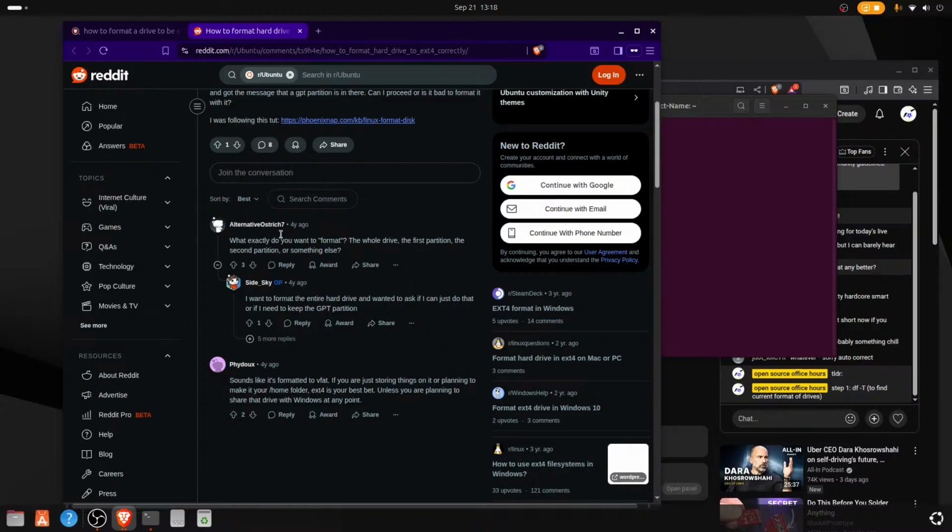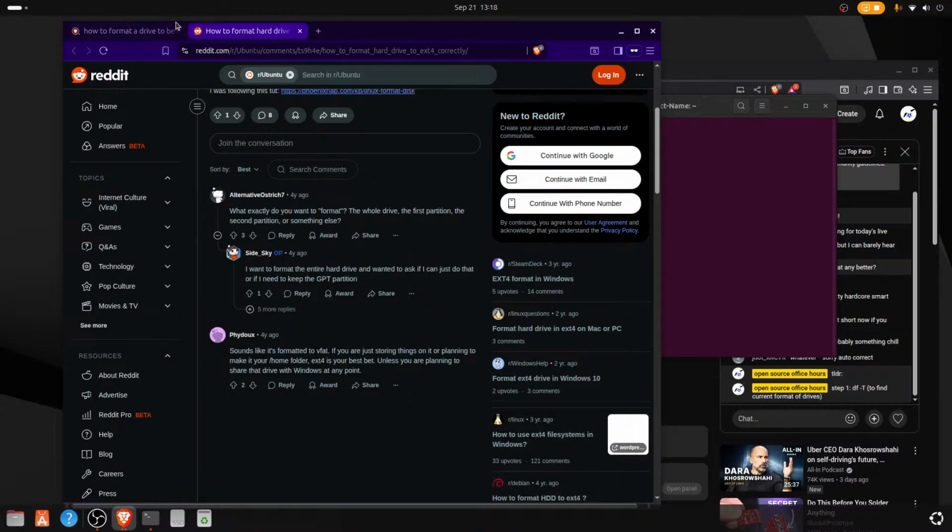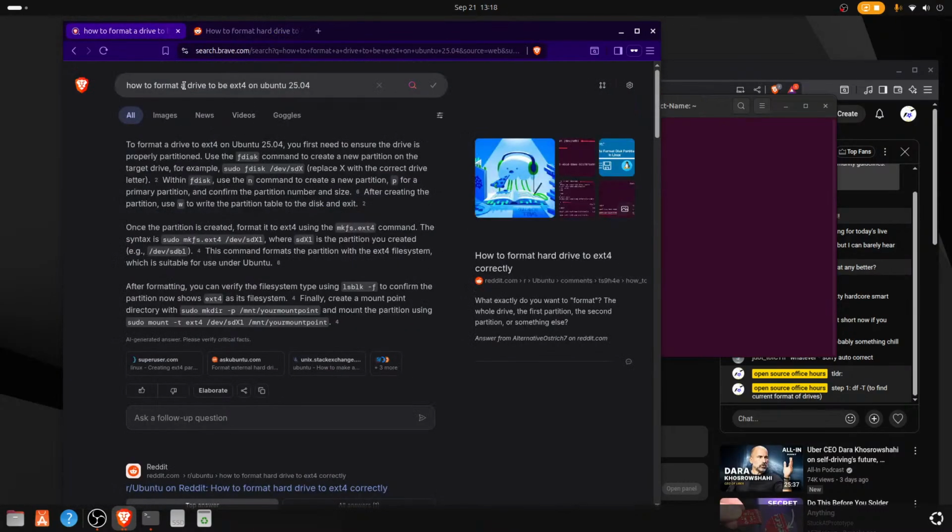Like, I want to format the whole drive. That's what's annoying. How to format an entire SSD to